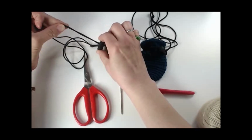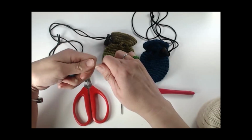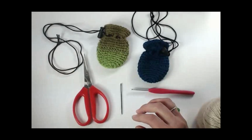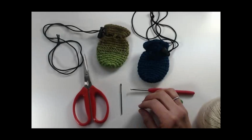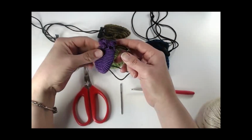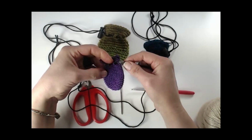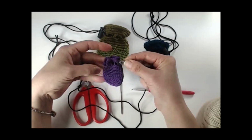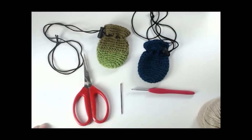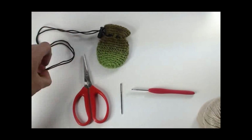You can use anything. You could even just use a bead in this spot, and you can use a chained rope that you've made with the same yarn or a different colored yarn. See, I've made this smaller one that is made with embroidery floss, and I've just used a bead at this juncture here. Okay, so there you go. So I'm going to make one of these little pouches, and we're going to use this bamboo silk